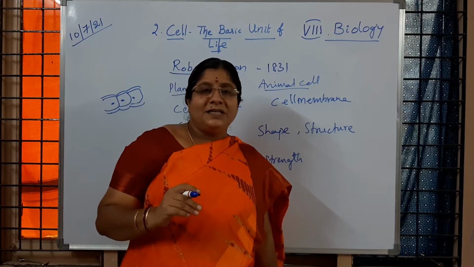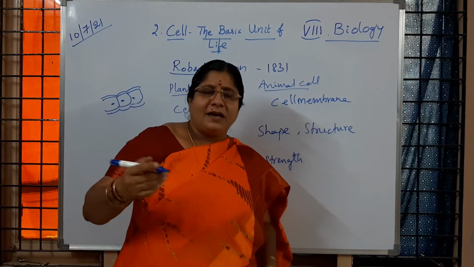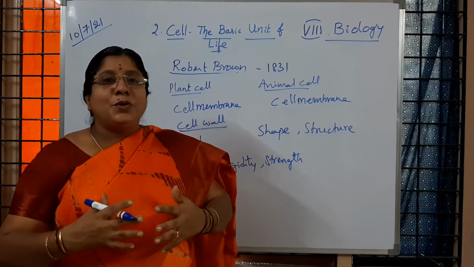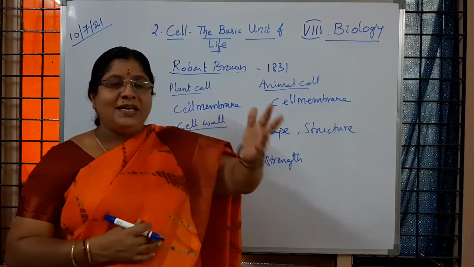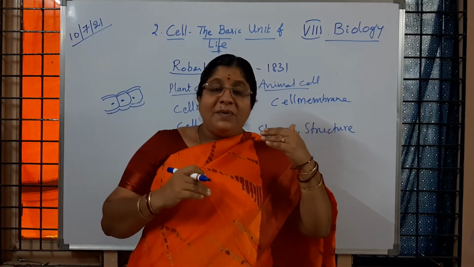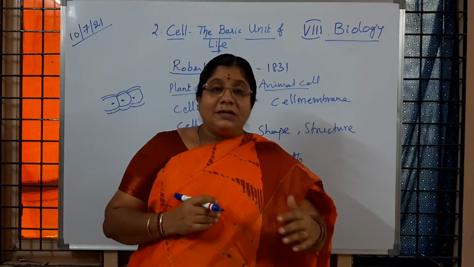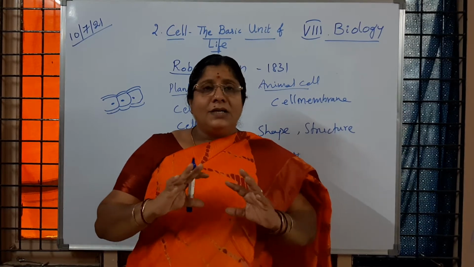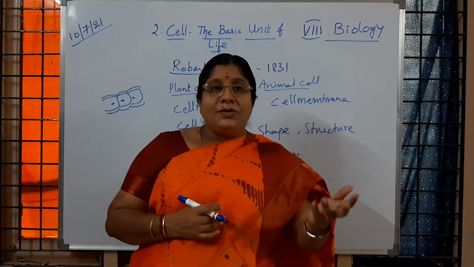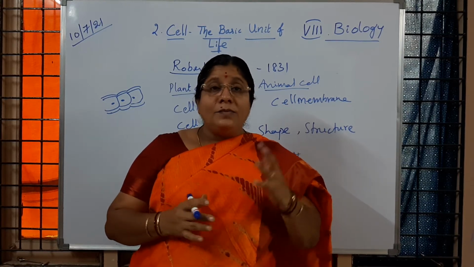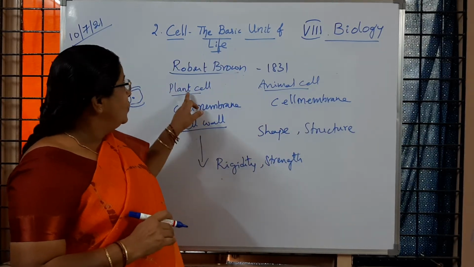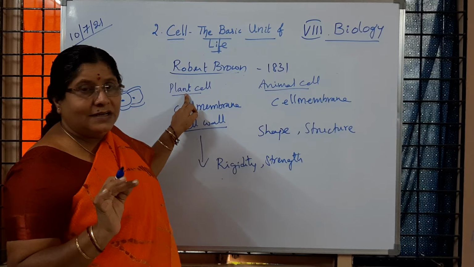Animals may live in caves or under a tree like that, whereas plants have to continuously expose their structures to the environment. Okay, is it not, children? Maybe rain or too much hot conditions, so they have to survive. And how is it possible that no animal causes any harm to the plants? That is because of the cell wall, which is present only in plant cells. Is it clear to children?